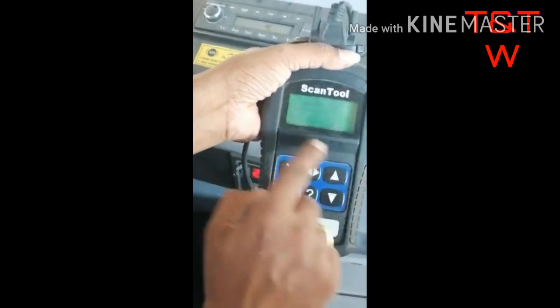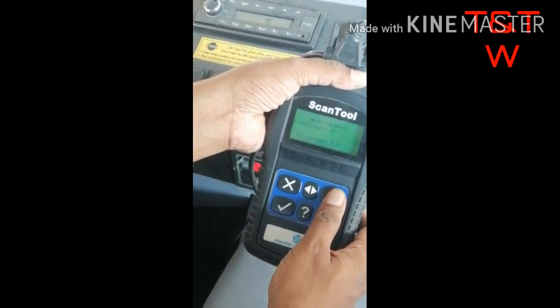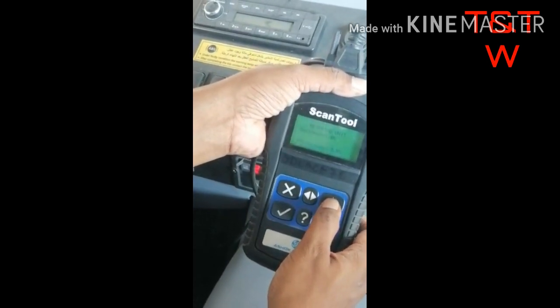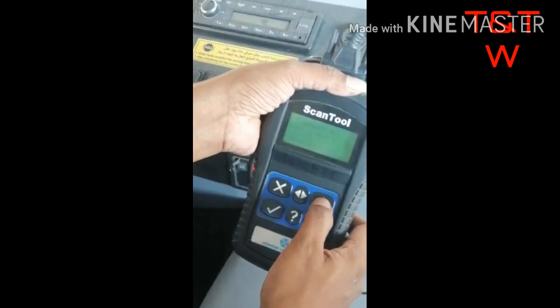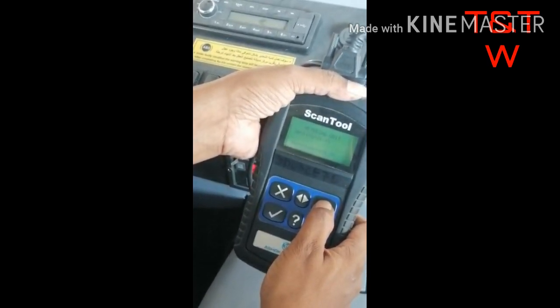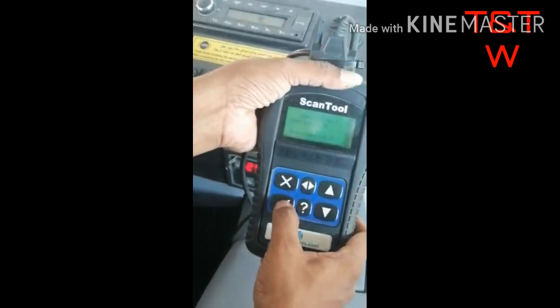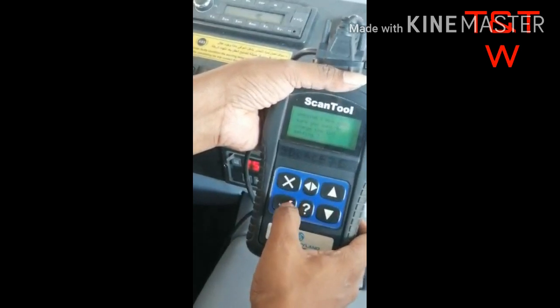I'll give yes. Now the adjustment is 5%. We are going to give 40%. Now we'll see what happens. Are you sure you want to change the ECU setting?